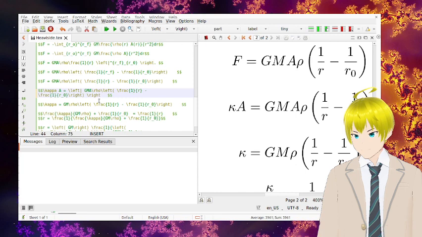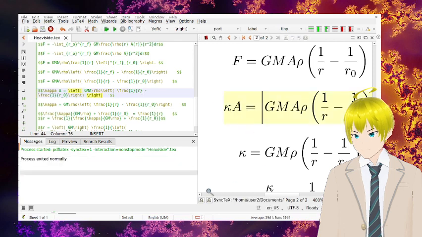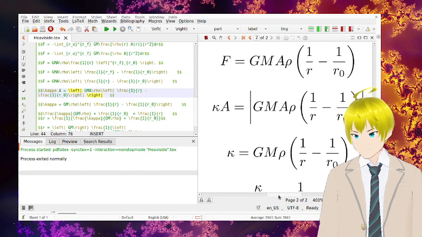Yeah. Oh, I messed up. There. Like that? It looks like the absolute value, right? Anyway,